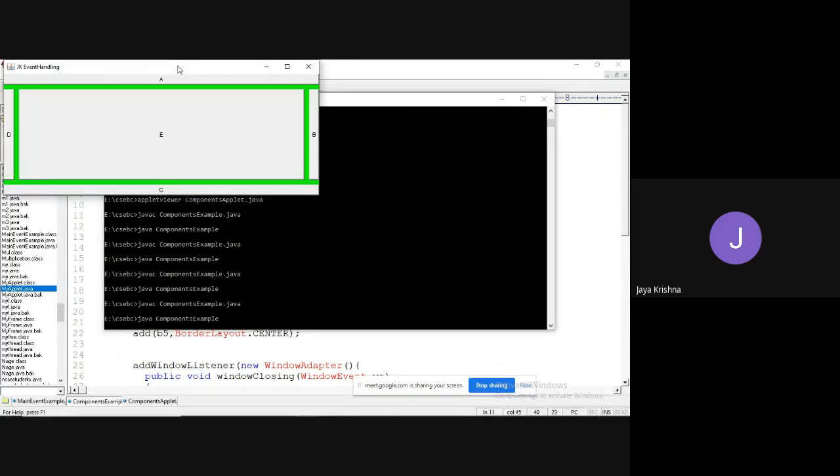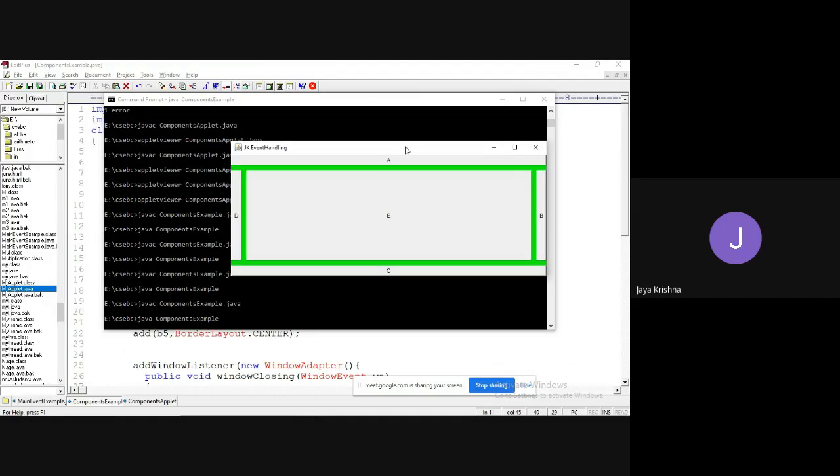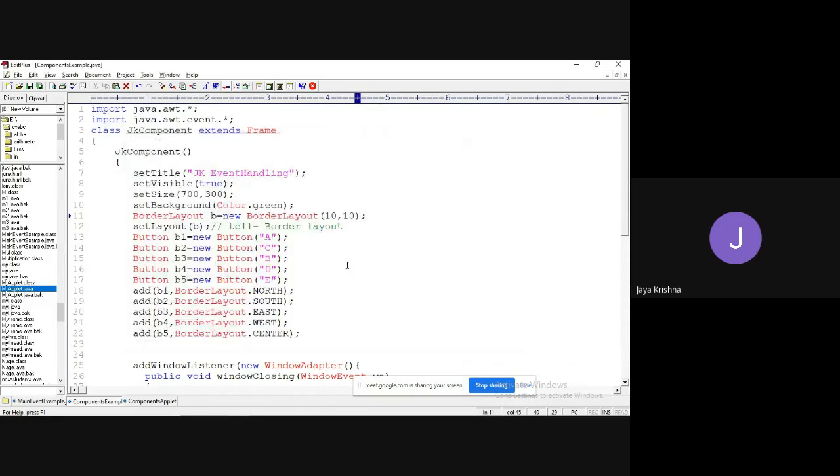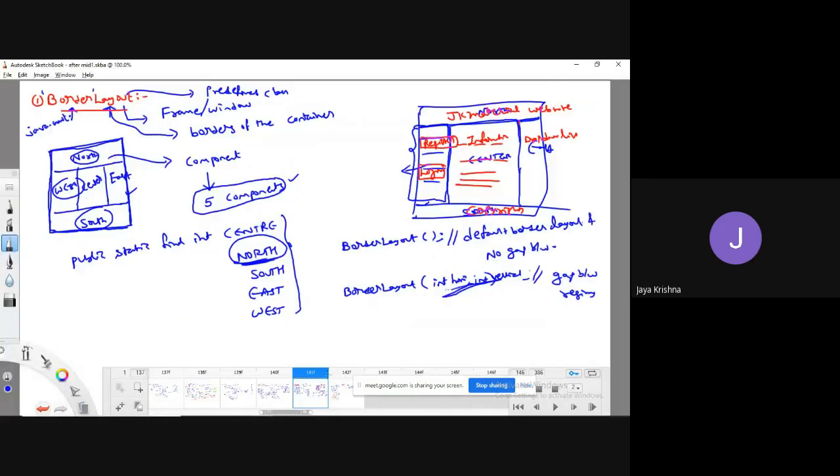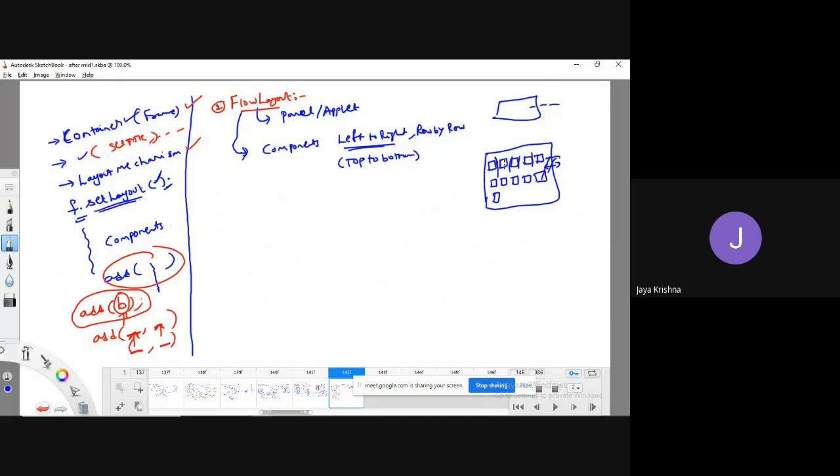But in the previous case, you didn't get the gap. That is the default constructor. Now, if I pass two parameters as horizontal and vertical space, that is the reason you got gaps between the various components. So here also, similarly, by default there is no gap. If you wish to provide a gap, you can also provide the gap.